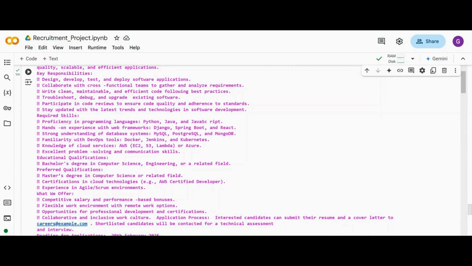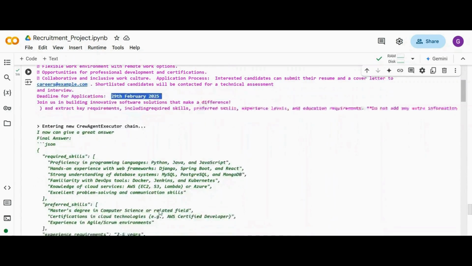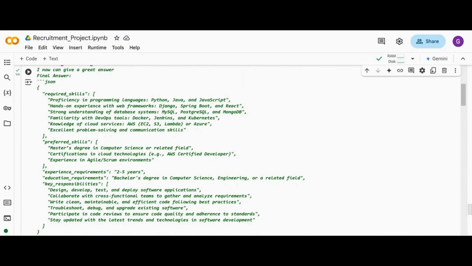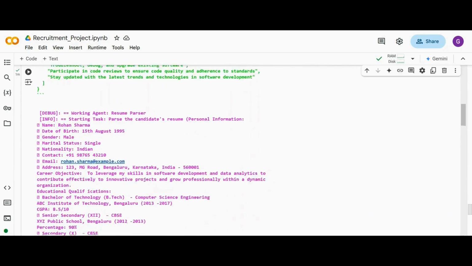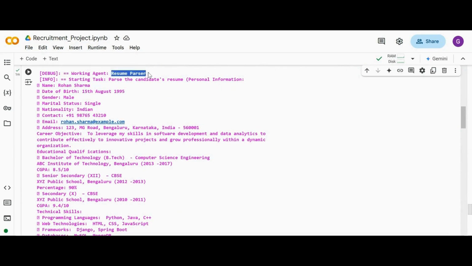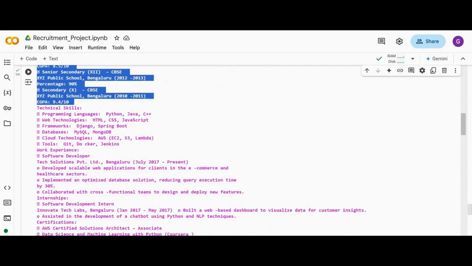This is basically the job description information, and it has converted the information into JSON format so that it is easy for us to access the information. This is the resume parser, which reads the name, the educational qualifications, technical skills, the work